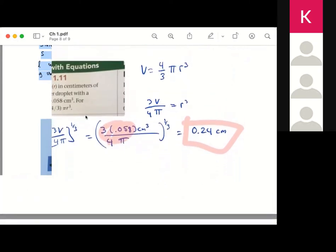So now the next problem, we're going to look at using math to solve things. Find the radius of a spherical water droplet with a volume of 0.058 cubic centimeters. Volume of the sphere is 4/3 pi r cubed. So you have the volume of a sphere, and so what you do then is solve for the radius. So you multiply by 3, divide by 4, divide by pi, and you get